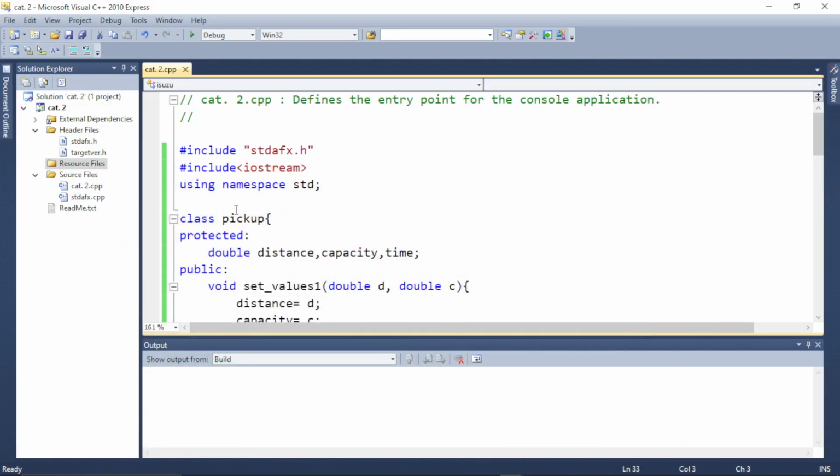Now to our program, we have the normal preprocessor directives, and then now to our class. Our first class is obviously pickup. Well, it covers the general pickup. We are going to use this